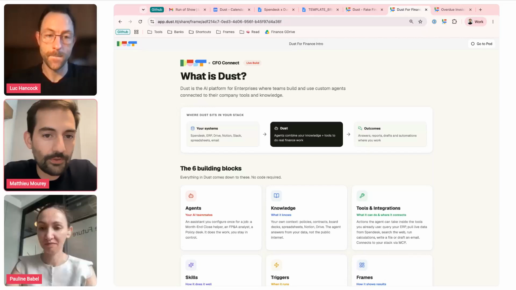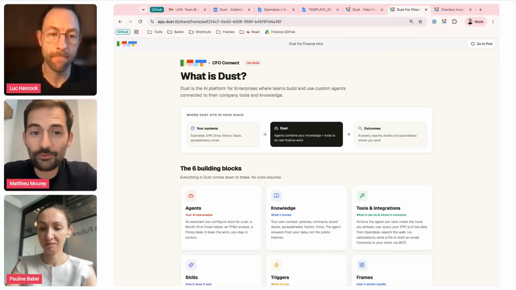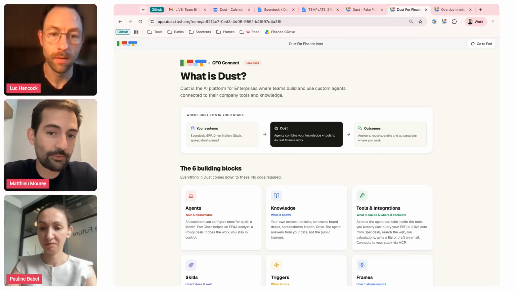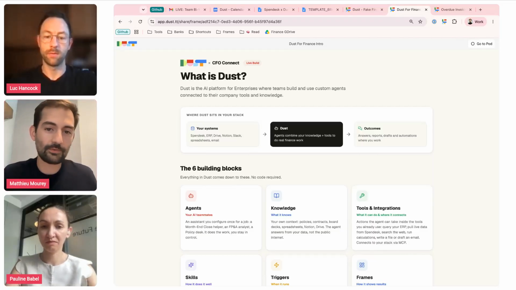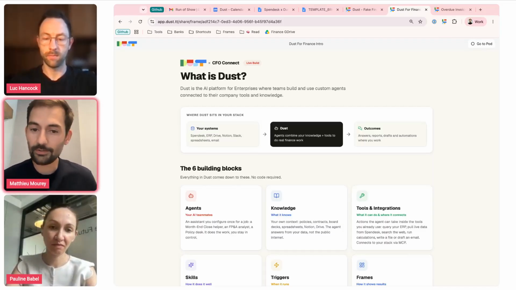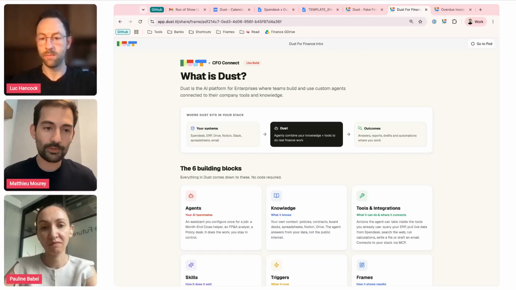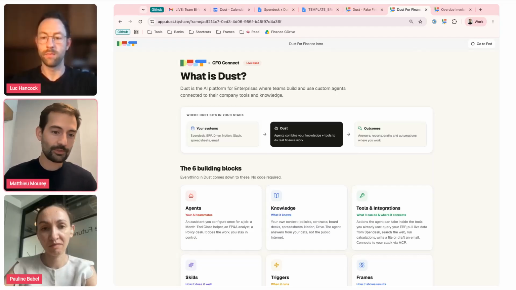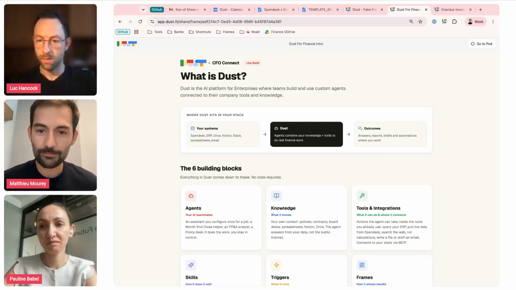Dust is the AI platform for enterprises where teams build and use custom agents connected to their company tools and knowledge. So what it means basically from a finance perspective, it's all about your stack. And Dust is the AI layer in between the systems, the tools and knowledge you are already using, all the sources of truth that you are carefully reviewing and building since the beginning of the company.